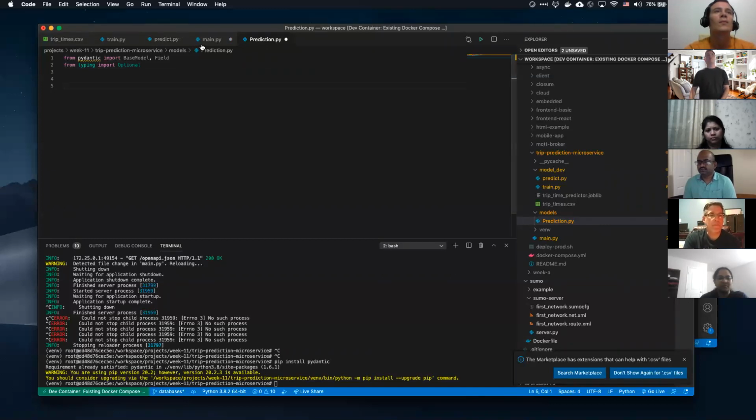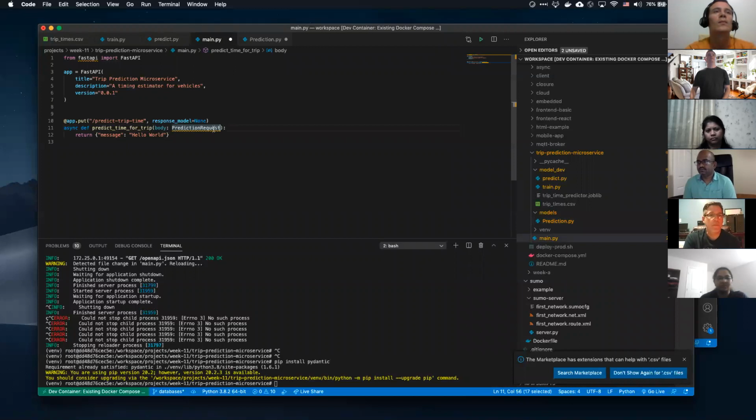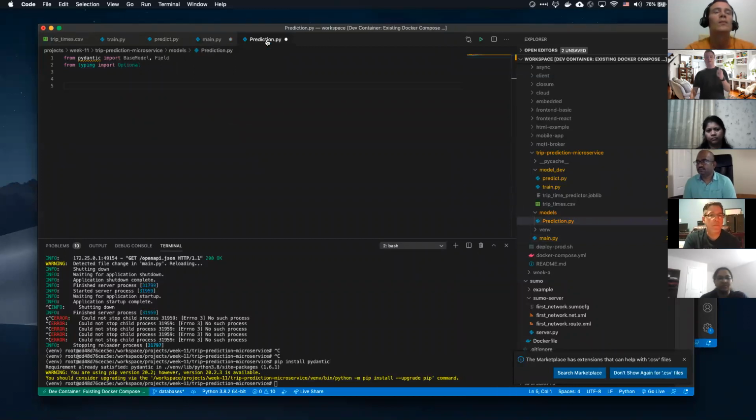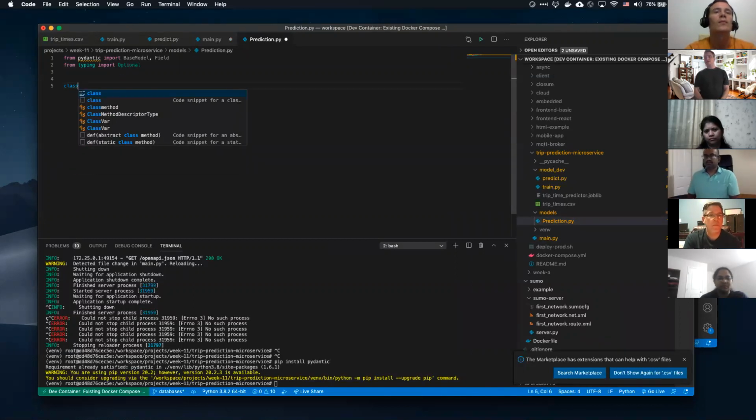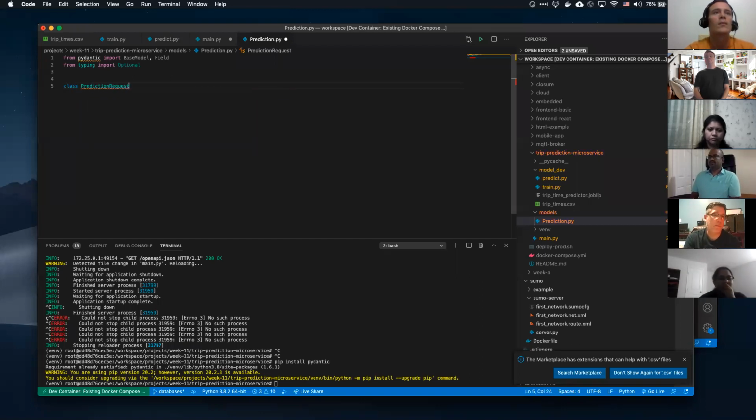All right, so if we remember what we were doing, we were trying to define this prediction request. And so we have to do what? Inputs. We need temperature, humidity, and hours. So I'm going to do class PredictionRequest. I'm going to extend the BaseModel. So now here's your object-oriented programming for you. And so we're just defining an object.